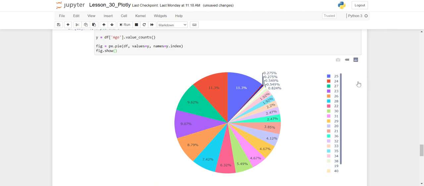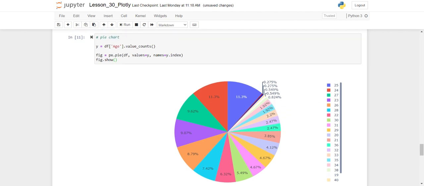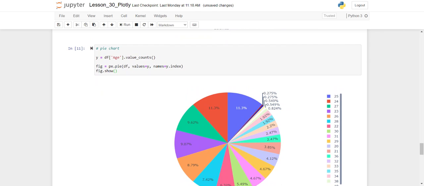These are our names, that is the labels that we pass, y.index, and these are the values. So it shows your data in percentage, in a pie chart, in Plotly. That becomes easier to check which age group is contributing the most, or which age group is contributing the minimum. So Plotly is a very interactive and very easy module to handle to generate data frames and to visualize your